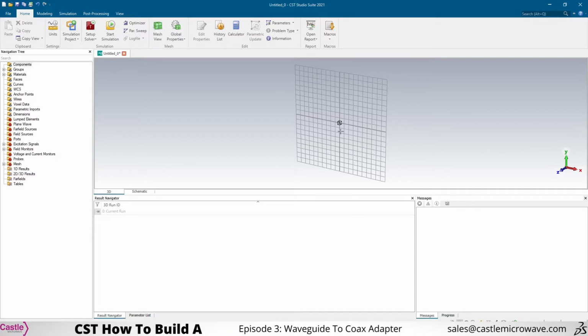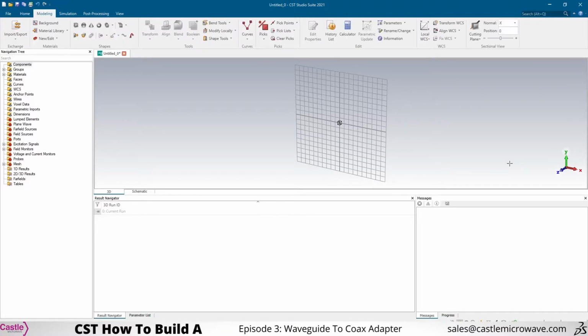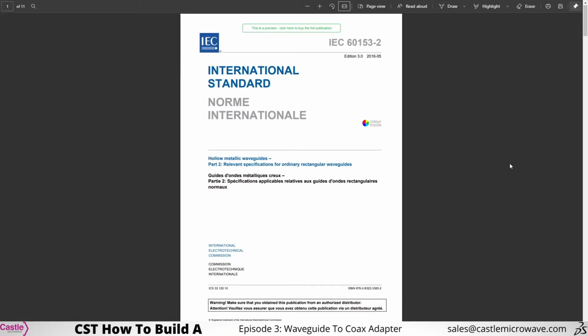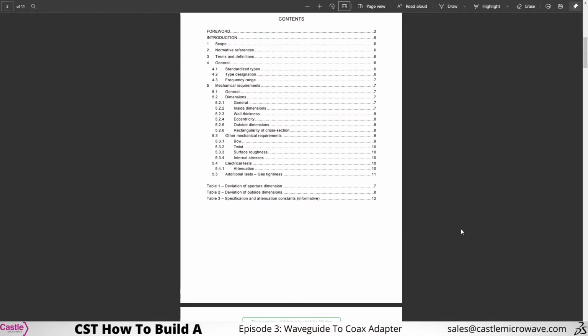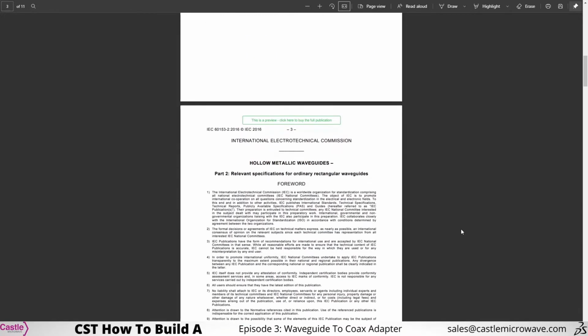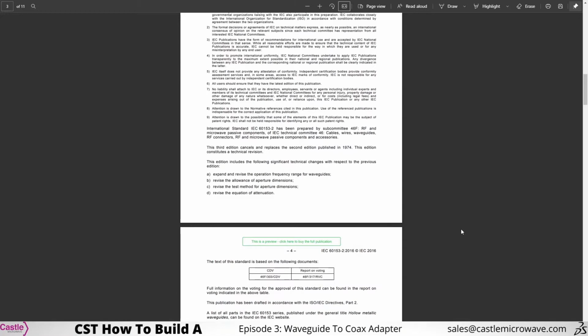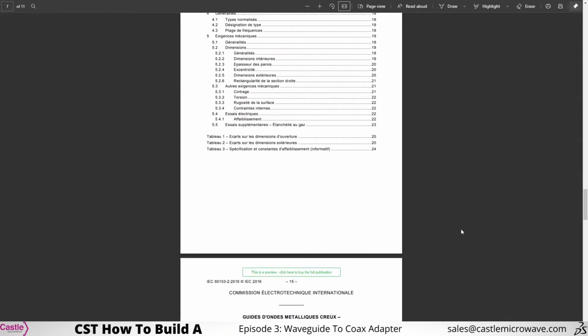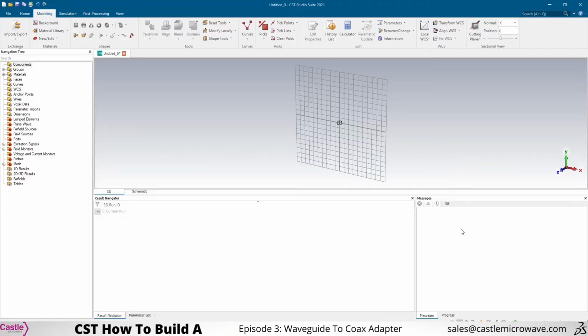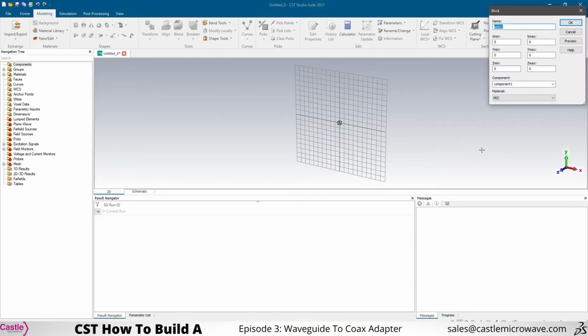For building anything waveguide, we can refer to the international standards. The standard in question is the IEC 60153-2. This is for hollow metallic waveguides. If you go onto the IEC website, you are more than welcome to purchase this standard for 70 Swiss francs, which may translate into whatever your current exchange rate is for your current local currency. The short version of this is for WR90, we will have 0.9 of an inch for width, 0.4 of an